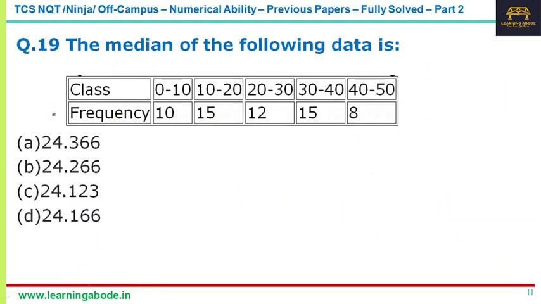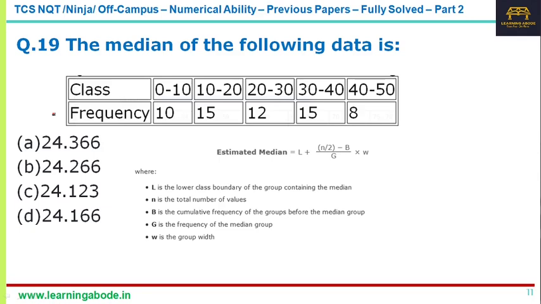Now question number 19, they have asked median. Usually we know how to calculate the median. Now this is median for a frequency table. So let's get this, but before that we need the formula. What is the first step here? We have to write the